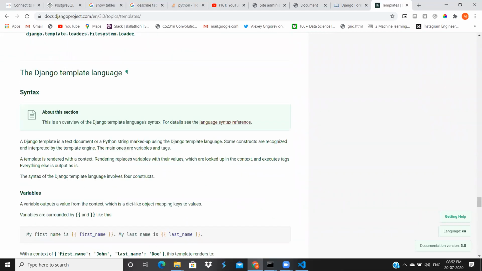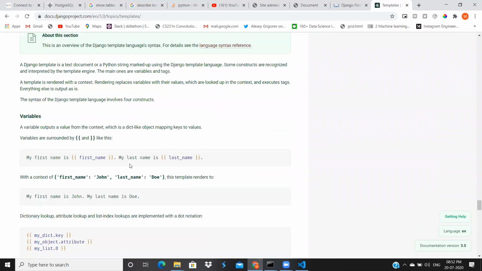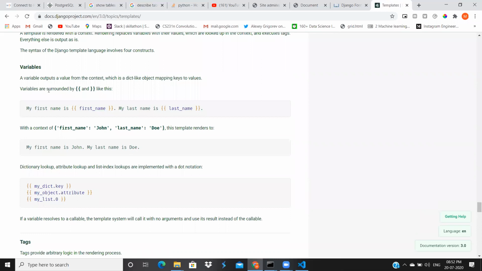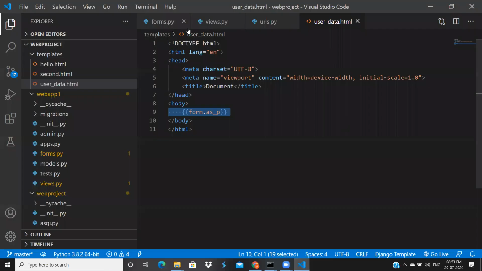Yeah, from here the Django template language starts. It's called Jinja2 language. Inside this, variables are surrounded by double curly brackets: open two curly brackets and close two curly brackets. Inside this, you have to keep your variable. Here, in my case, I'm passing a dictionary.